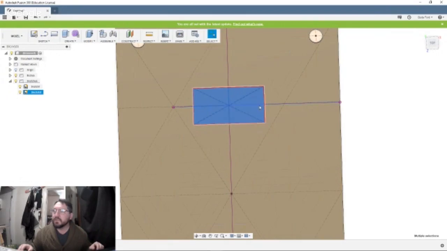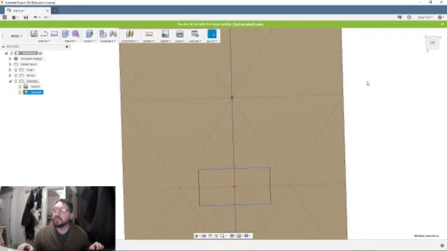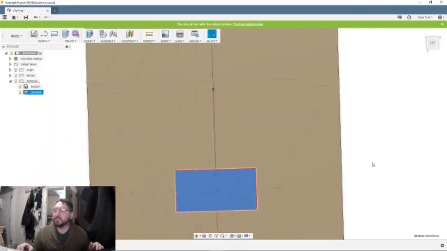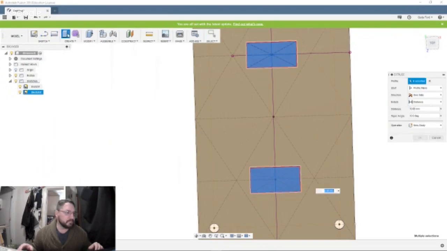All right, so this is our... Actually, some of these functions are difficult with this. I think I'd rather have one of those hand trackballs. I don't know what you call those. The bigger ones though, not the thumb style. But all right, so what we're going to do now is extrude this.